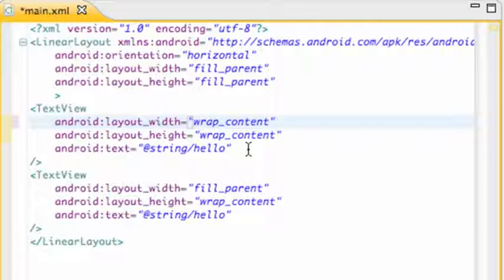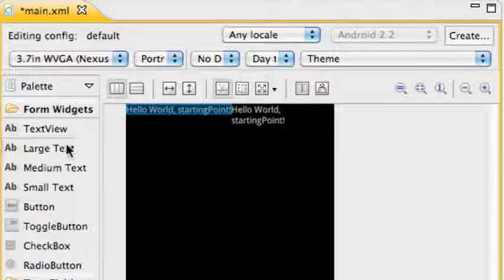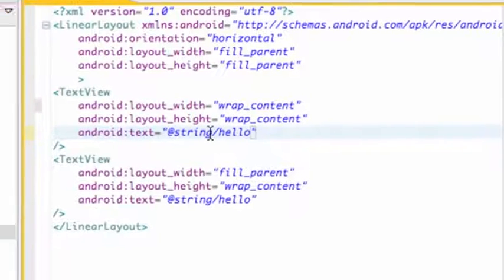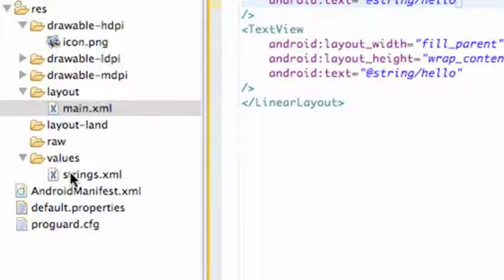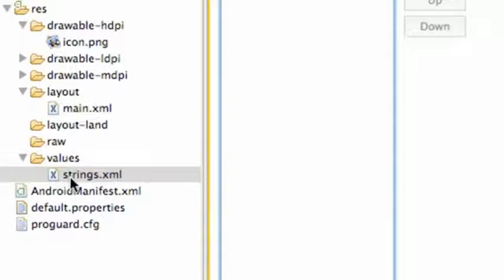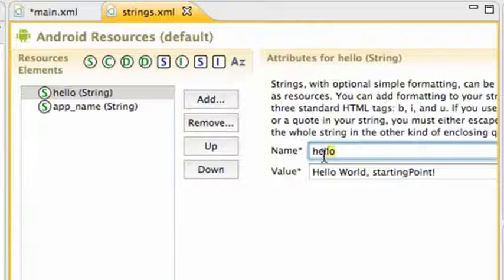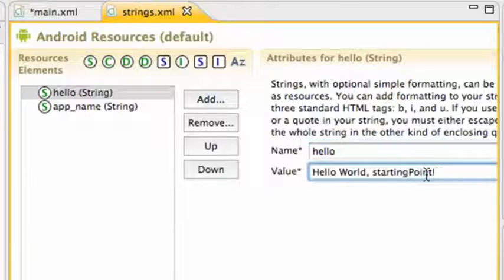Now the text says @string hello, and you're like, no it doesn't, it says hello world starting point. Now basically what's happening is this is using a reference. Anytime you see an @ within the XML, it's using a reference. So it's referencing the string hello, and that string is located within our values. So we have this values and we have this string. So we're going to say strings, and there's a string called hello. So it's using this reference, and then this is the name of the reference, but it's displaying the value of